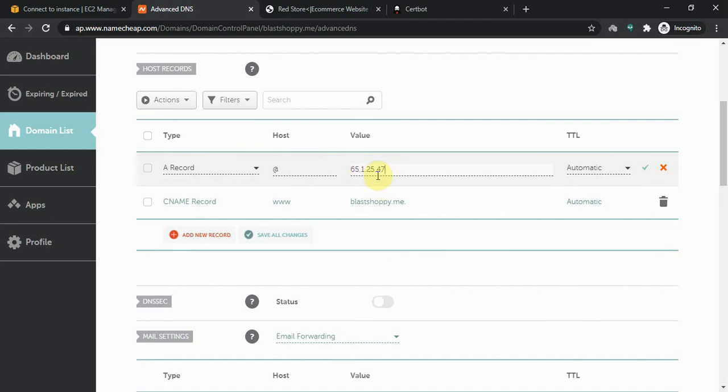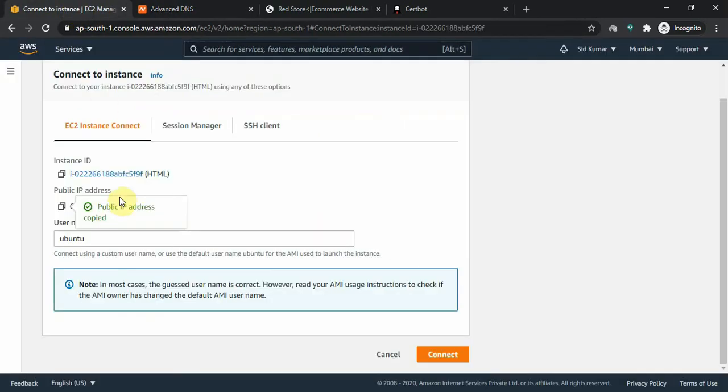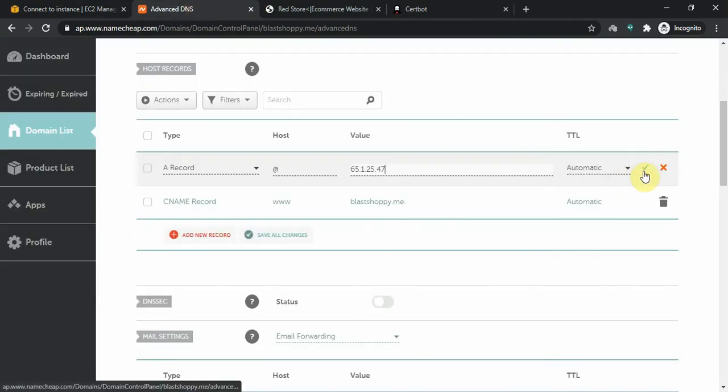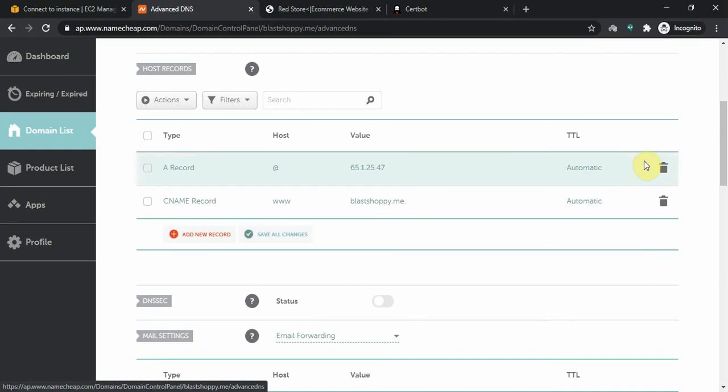This value is the instance IP which I have got here. You should put your own instance IP here, and we will do yes. And in the CNAME record we'll put www and the domain name .me, and here save all changes.